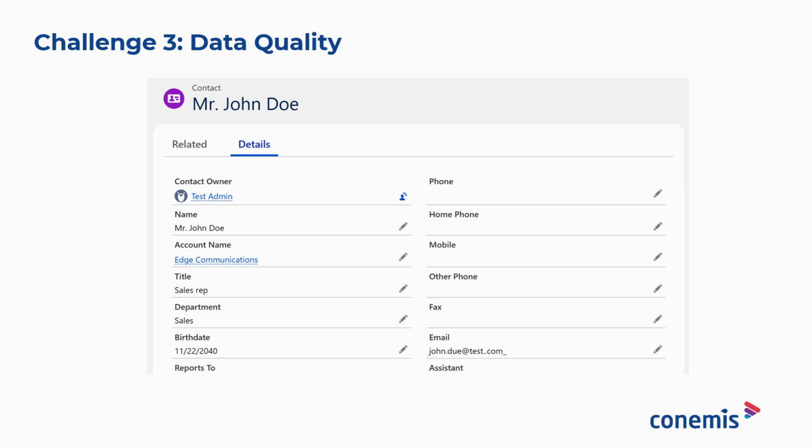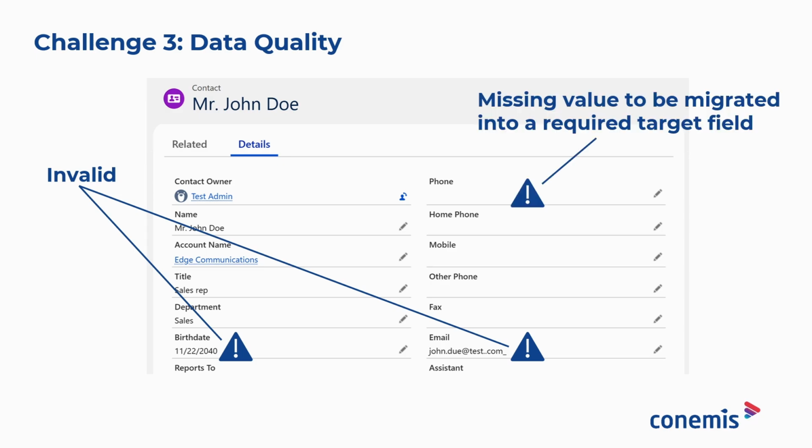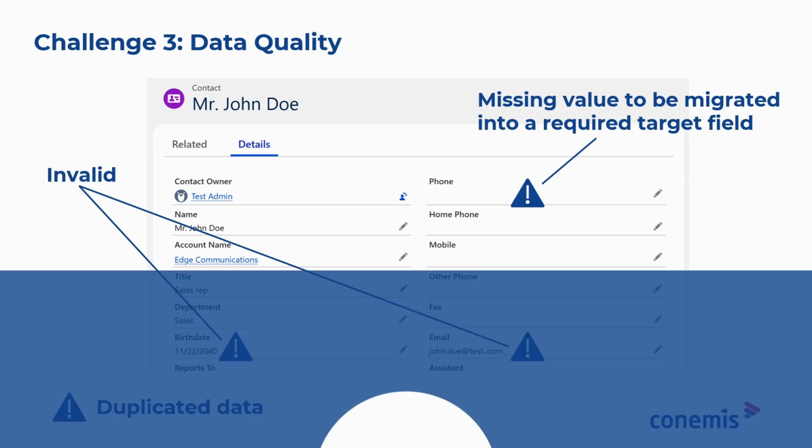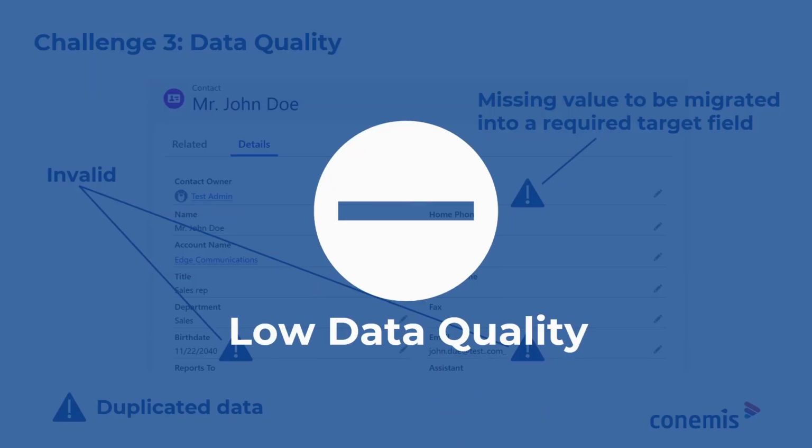And finally, data quality. This issue isn't unique to Agentforce Revenue Management, but it's extremely common in any data migration project. You may find invalid email addresses, contact birthdays set far in the future, required fields that are inexplicably blank, or duplicate orders with the same order ID. Before the final cutover, all of these incomplete or inconsistent records must be identified and corrected. Without addressing data quality, even the best designed migration can fail.